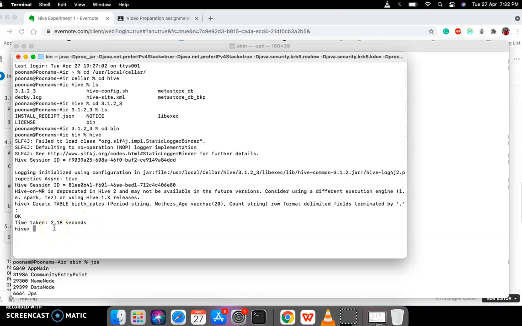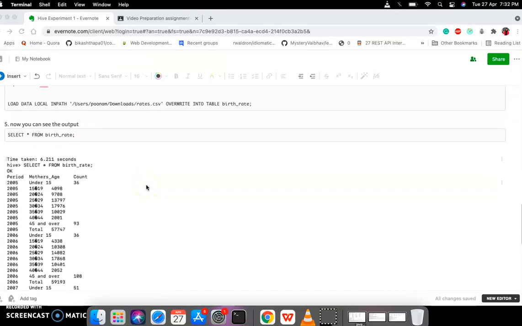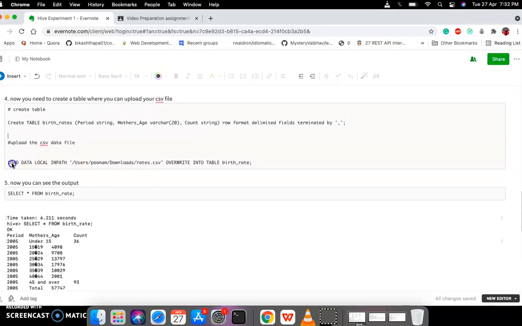So now we can upload our CSV file data in this table. For that we need to know the location of our CSV file, and after that we can run the next query, that is load data local inpath. That means we need to load our data, and the path of data is this, and we need to overwrite this data into our table which we have created earlier.